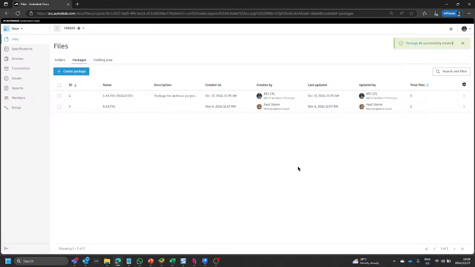Alright, so there we can see I've got a package. On the right hand side, there are some controls over there. I have controls of this package because I created it. I might not have control of the other package because I didn't create it, but I can share it. Right. So on this package that I created, I've got full control, but on somebody else's package, I might not have full control. However,